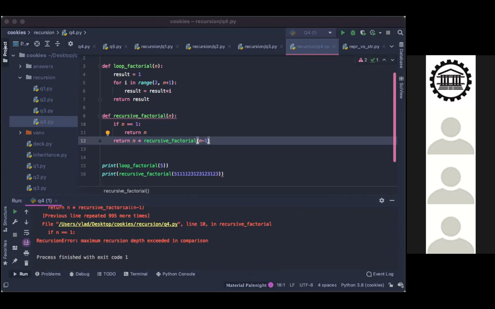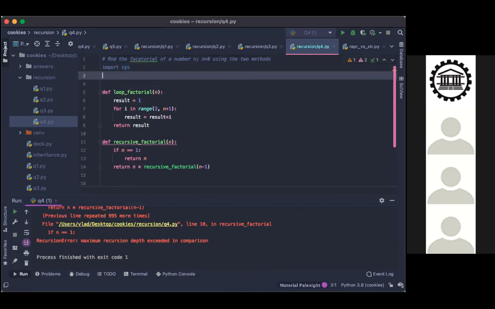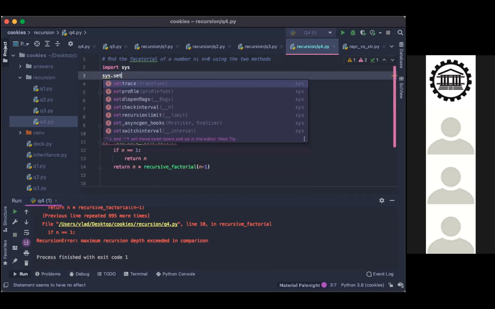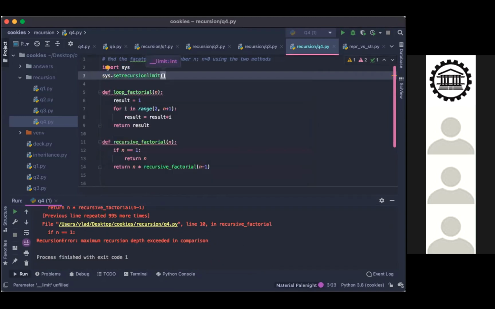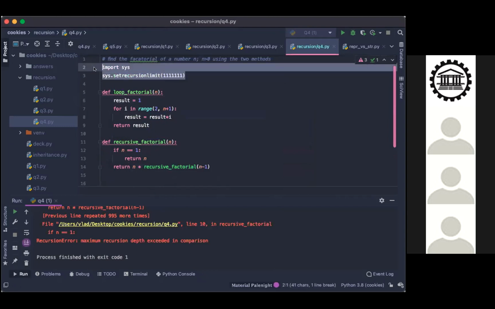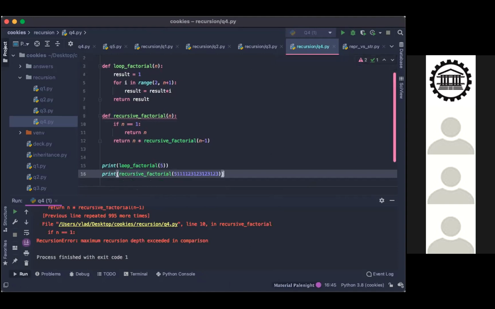But what you can do here is change that. You can import sys, and then do sys.getrecursionlimit, which gets it for you. But then you can do sys.setrecursionlimit, and set that to more than 1,000. So our computers, compilers are not stupid. They're just set to a default number for the recursion. So if you need more, you can do more. Why would a computer be stupid? He's just doing what you're telling him. Exactly. Never doubt a computer.